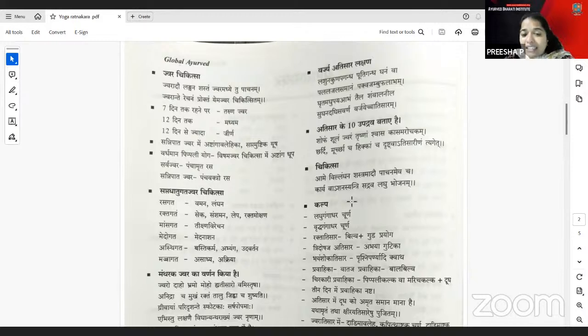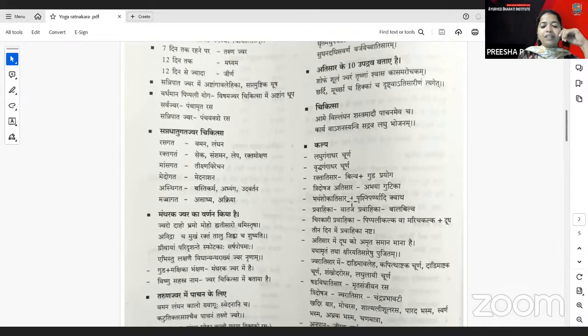And for the Atisara, the medicines which are mentioned are the Laghu Gangadhara Churna and the Vruddha Gangadhara Churna. And for Rakta Atisara, it is Bilva and Guda Prayoga, which is mentioned. And Tridoshaja Atisara, it is Abhaya Gutika, and Bhayashokaja Atisara, it is Krishna Varnyadi Kwatha. And Bala Bilva, that is for the Pravahika. And for the Jwaratisara, it is Dadimavaleha. These are some of the kalpas which can be useful for the practice there.